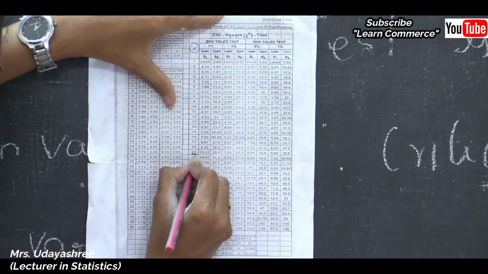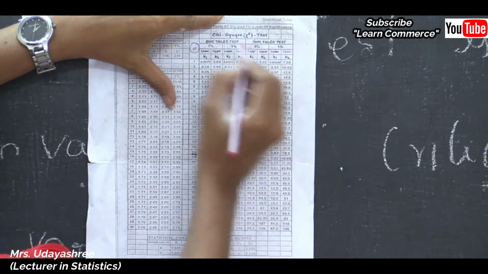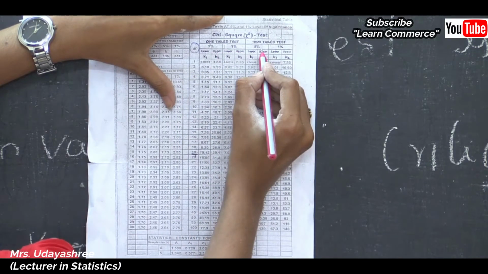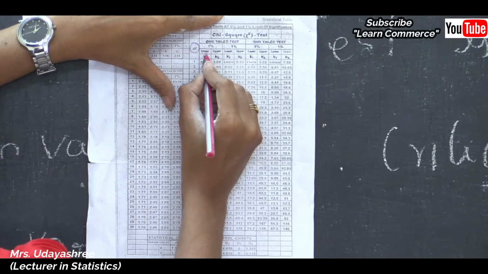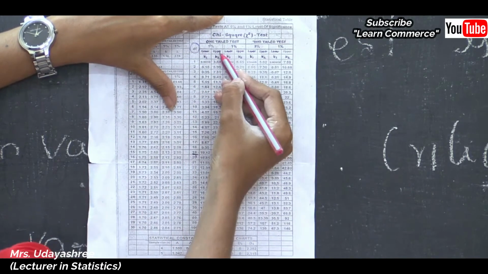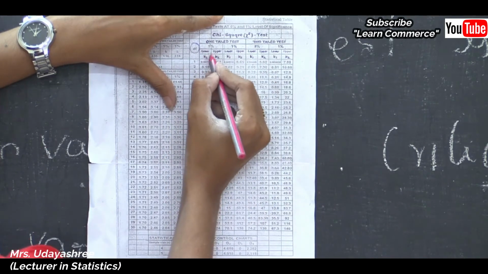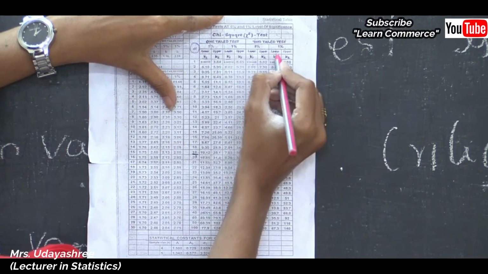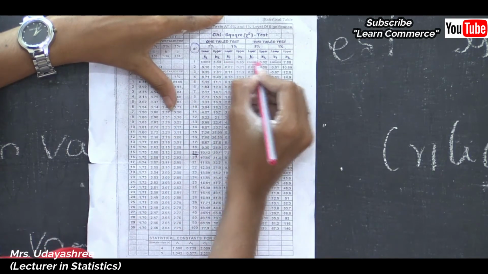And this is a two-tailed test. See, there are two columns: one is one-tailed test, another is two-tailed test. Under that are the levels of significance: this is 5%, this is 1%, and this is 5%, and this is 1%. Under that there are two values, lower and upper. Lower is nothing but the left tail test, and upper is the right tail test. So for the lower tail test the values are the K1 values, and for the upper tail test the values are the K2 values.